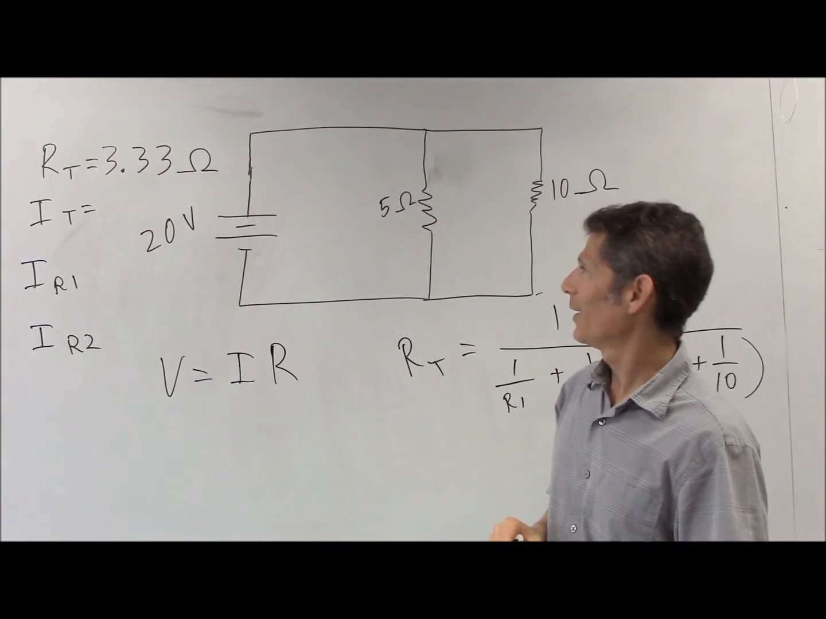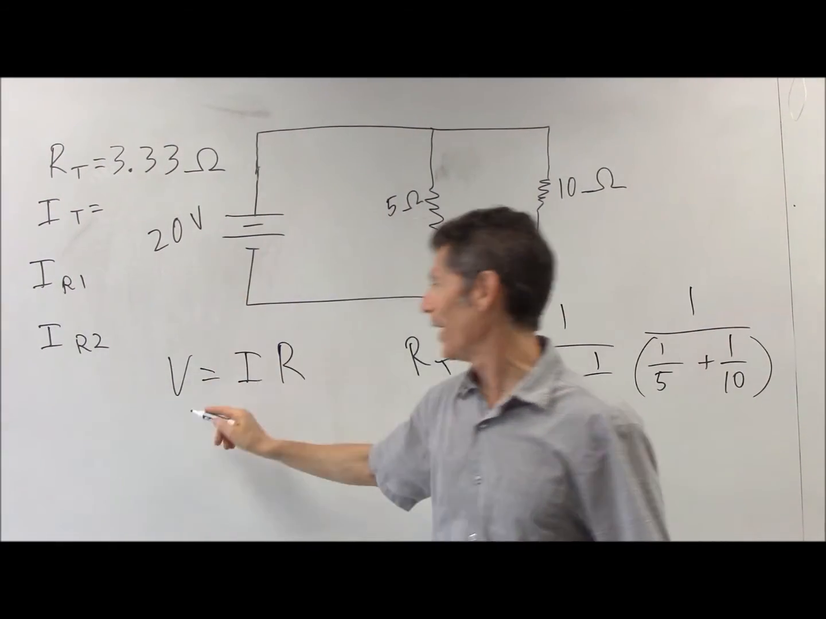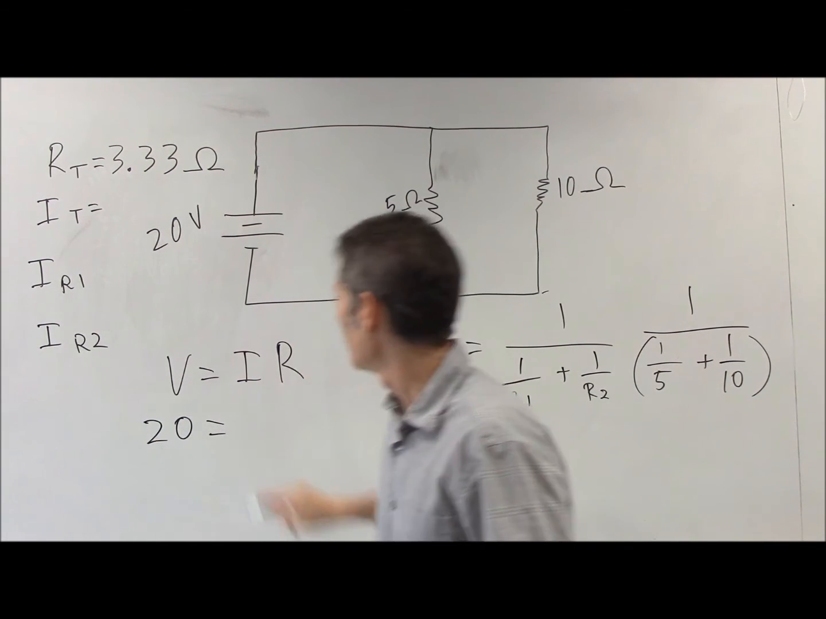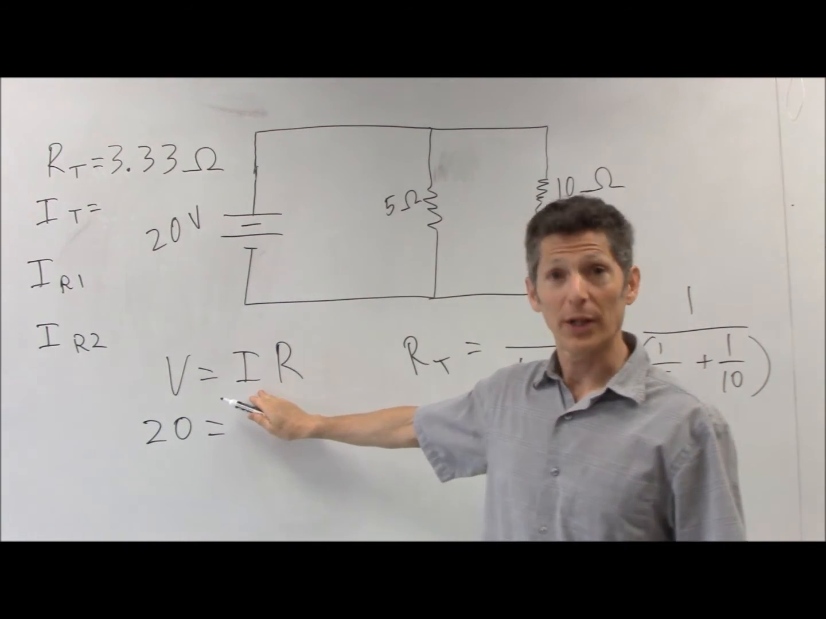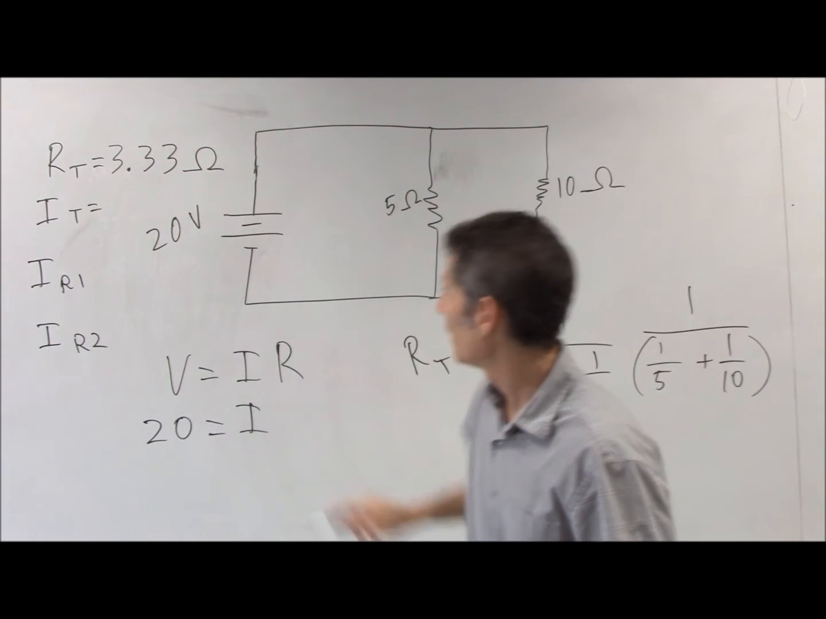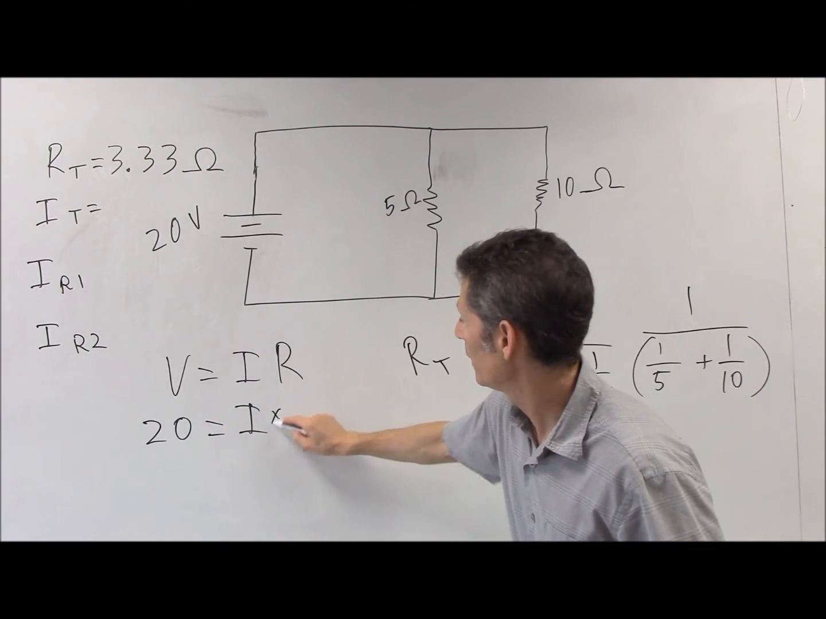V equals IR. Well, it's a 20-volt battery. Okay, that's my V. I don't know the current. That's what I'm looking for. But you know your R. I do know resistance. That is